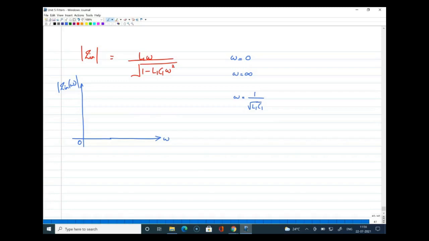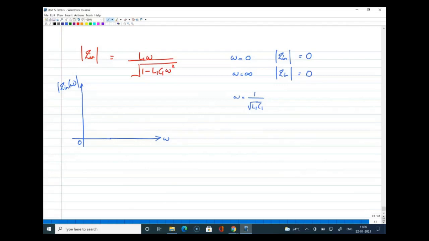Yes, all right. Now when you substitute omega equal to 0 in this, naturally we know that the magnitude of the input impedance at omega equal to 0 is actually 0. Now, what is the magnitude of impedance when your omega equal to infinity? That also, because you have a denominator term, will be close to 0.